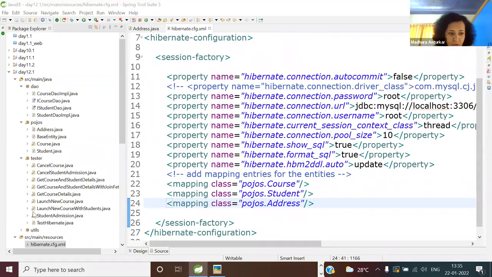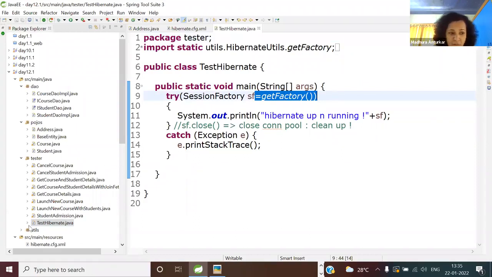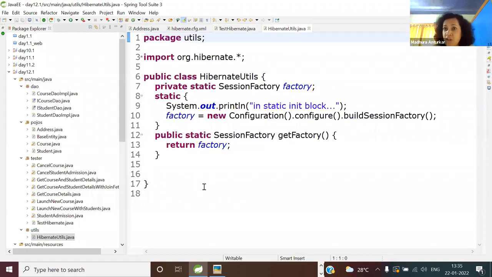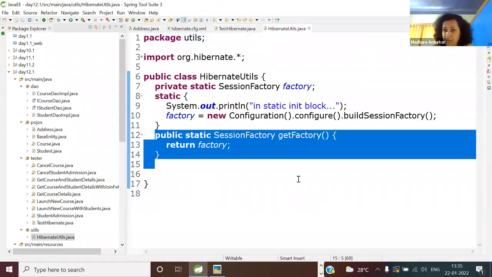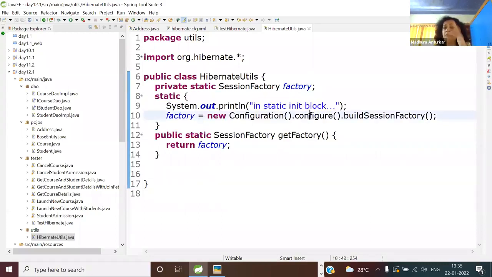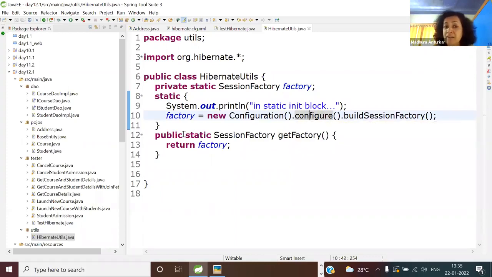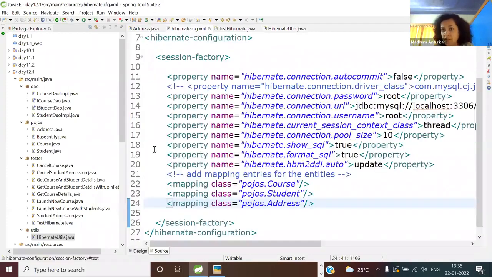In test Hibernate, okay, don't go by memory. We are simply calling get factory. It is a static method of your Hibernate utils. Anytime before Java can call, JVM can call a static method, a class loading has to trigger. And whenever the class is loaded, static initializer block is called. And in the static initializer block, when you call configure, Hibernate framework will start reading the instructions from